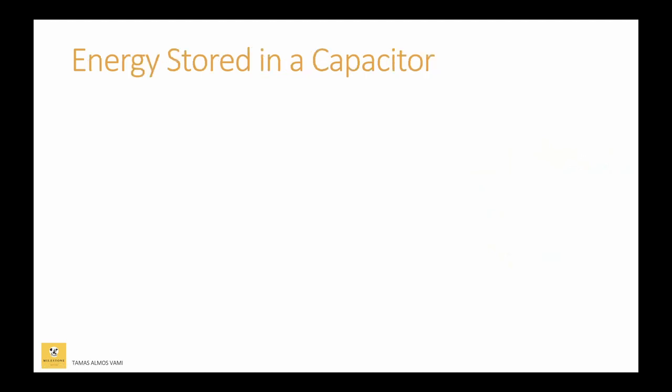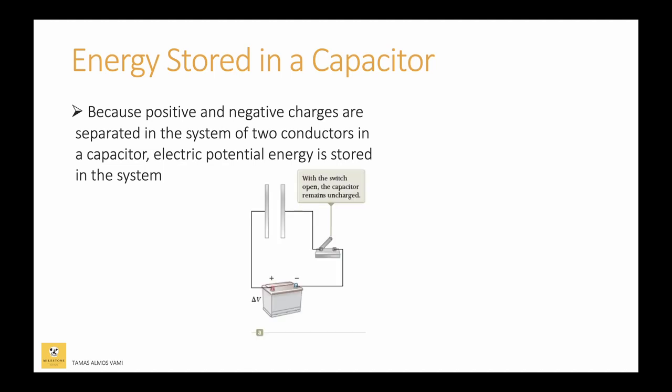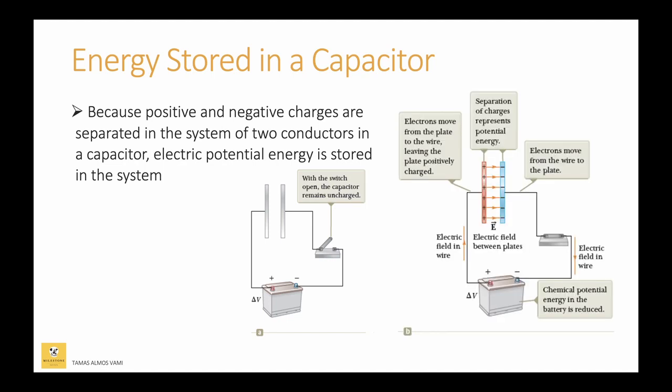So I mentioned earlier that what capacitors do is that they store energy. So how do we calculate this energy stored in a capacitor? We know that the positive and the negative charges are separated in the system, and so there will be an electric potential, and this electric potential stores energy. We could have a switch which we open, and then the capacitor remains uncharged, but there will still be some electric field between those 2 points,